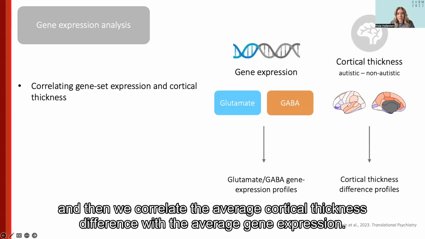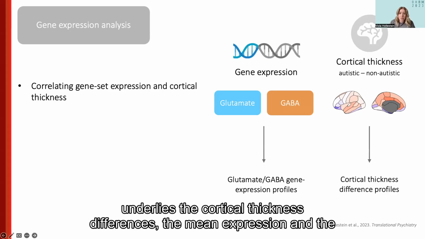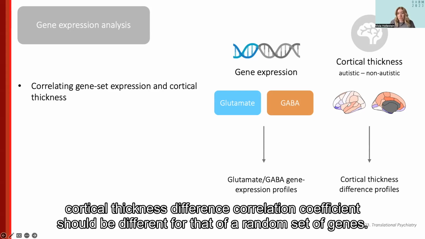And then we correlate the average cortical thickness difference with the average gene expression. The reasoning here is that if the function of the sets, so the glutamate and GABA pathway signaling, underlies the cortical thickness differences, the mean expression and the cortical thickness difference correlation coefficient should be different from that of a